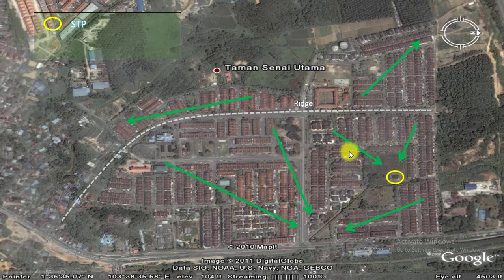From this area, yes, we can send it, but from other areas it's difficult. We cannot oppose the gravity and contradict the topography. So what we can do here is to place pumping stations. The wastewater will move by gravity from these points until it reaches a pump station. In this area, the wastewater will move by gravity like this until it reaches a pump station, and here also the same. And from pump stations, wastewater will be sent through pumping lines to the STP, to the wastewater treatment